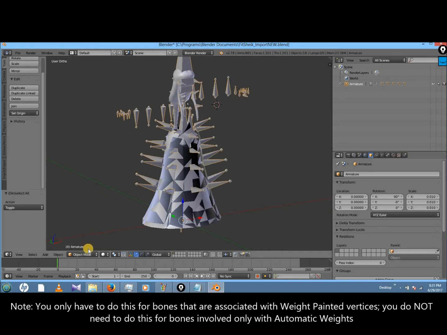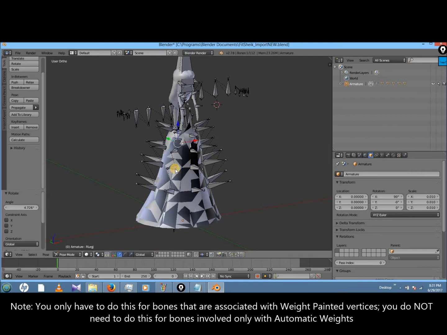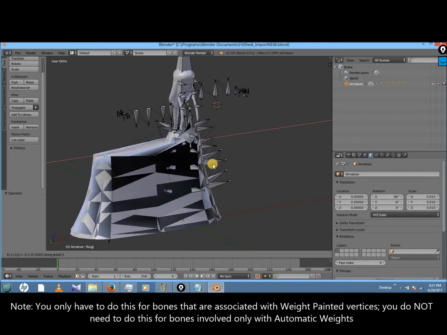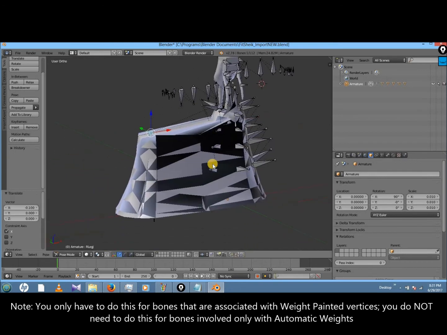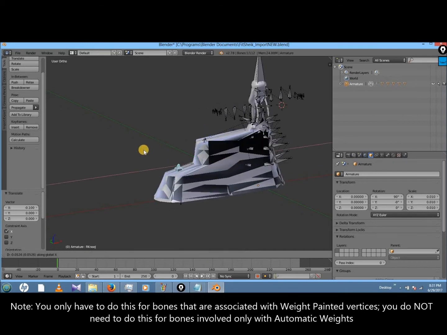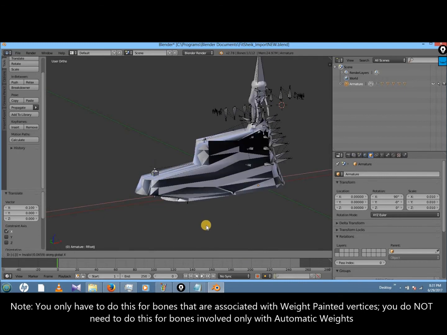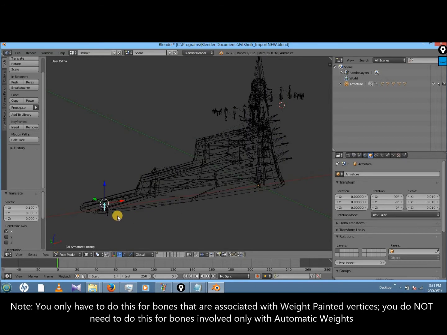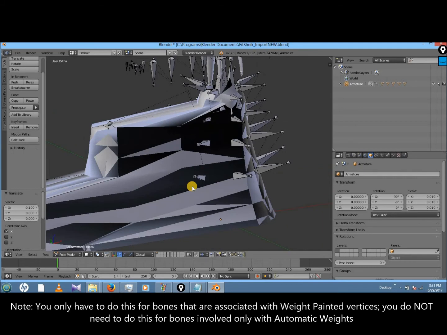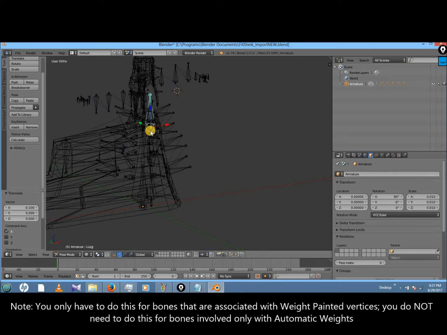So what I'm going to do now is go into pose mode, and do what I was going to do before, which is translate these, and it is important that they are translated. And I'll do 0.1 for negative in that direction for that. Then this one I'll do another -0.1. The foot I'll do another -0.1. And I didn't really do any weight painting with the toe bone, so I'm just going to leave that as is. And it looks really weird right now, but this is the only way that I can think of that'll make this work when you do weight painting.